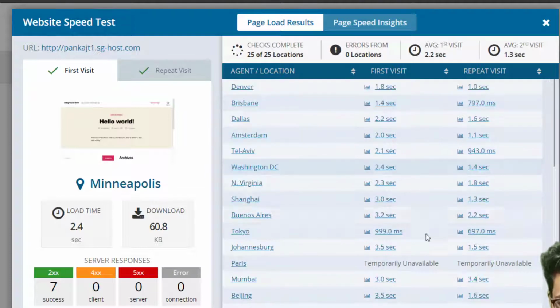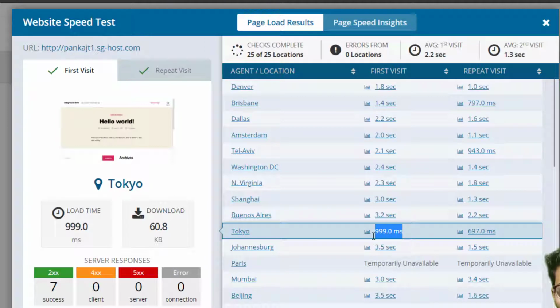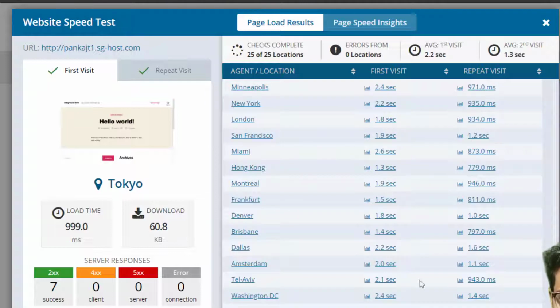And in this particular page speed test, Tokyo had the minimum page load time, 999 milliseconds, which is actually less than 1 second. So this is how SiteGround hosting is performing.